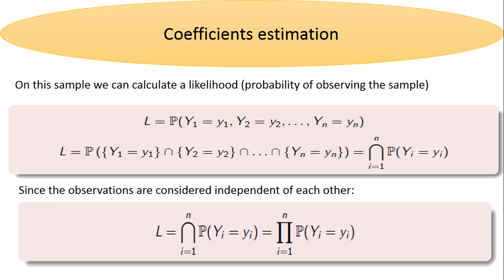So using the independence, since the observations are considered to be independent, we can write our likelihood as a product of